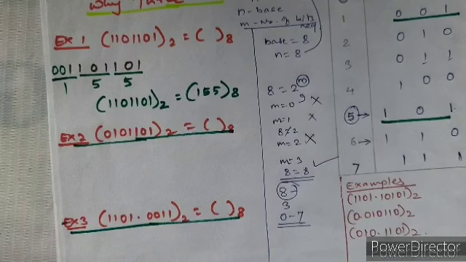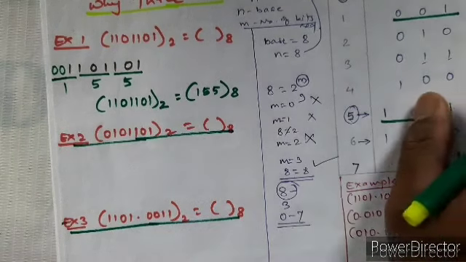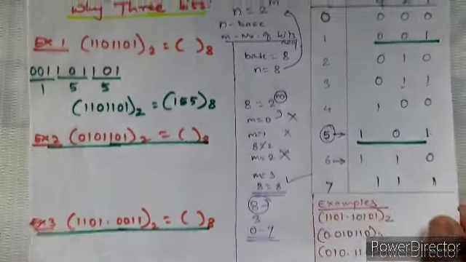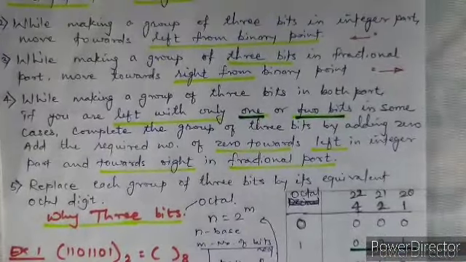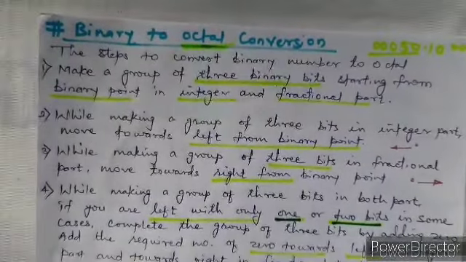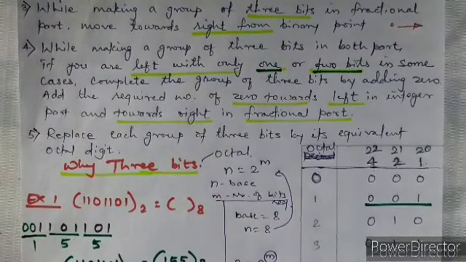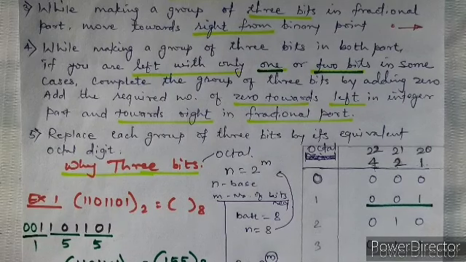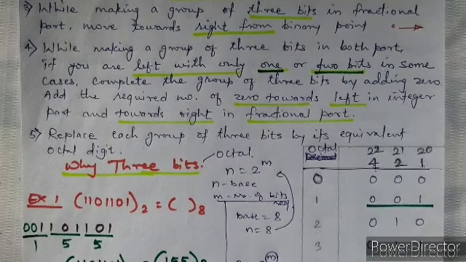Okay, in the next lecture we'll go through some more examples. We'll revise this table again, and then we'll see binary to hexadecimal conversion, where this table will now be from 0 to 15. Okay, I hope these concepts are clear for you. We have added some more concepts in this conversion. Those concepts are really important, and will be required in our further topics also.